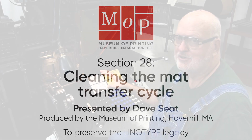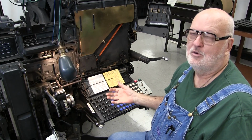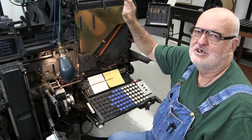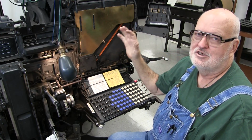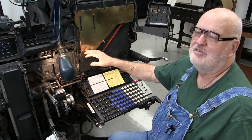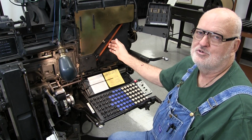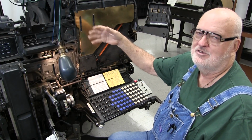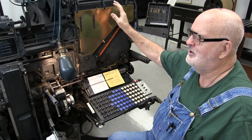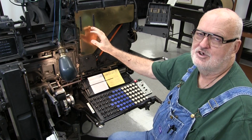The other day, Chris and I totally took the keyboard apart and cleaned the whole keyboard. We took the magazine off, we cleaned the magazine, we cleaned all the mats. So now that they're all clean, you need to clean the areas that the mats touch in the machine. Otherwise, you're just going to transfer dirt back onto your mats and they're going to be dirty again. So you want to take care of the mat transfer cycle and where all the mats go to keep those